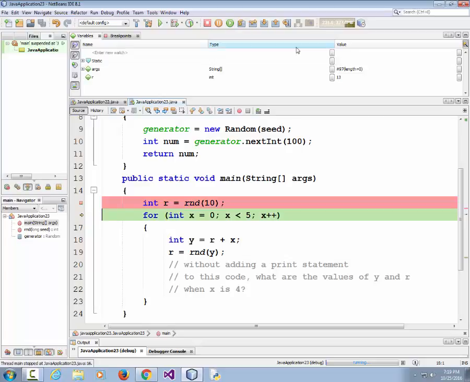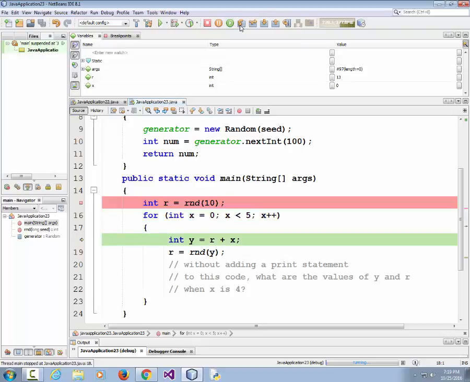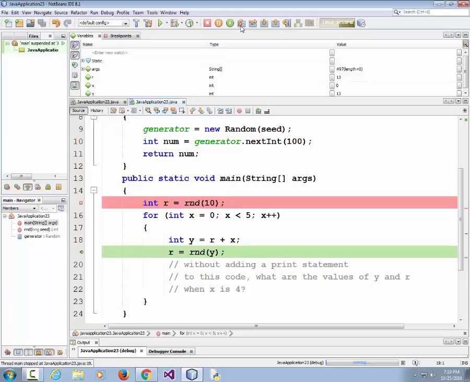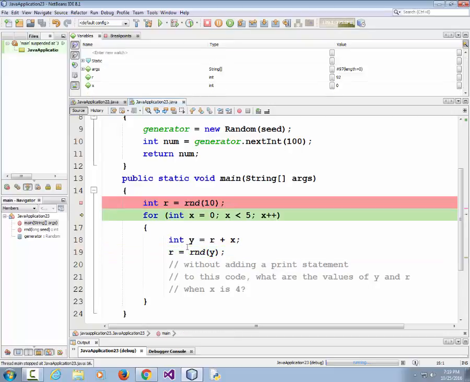Step over, and now I can see what the value of r was. I moved my cursor over here, and it says r is 13. So it generated a random number, a pseudo-random number, and the first random number was 13. I can also see that up here. I'm going to keep stepping over. It's going to go into this for loop. So it's going to calculate a value of y, and it's going to use that value of y to generate its next random number. So now that it's done that,